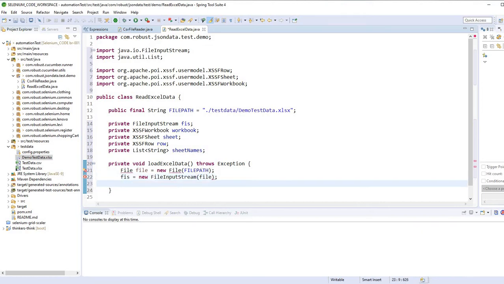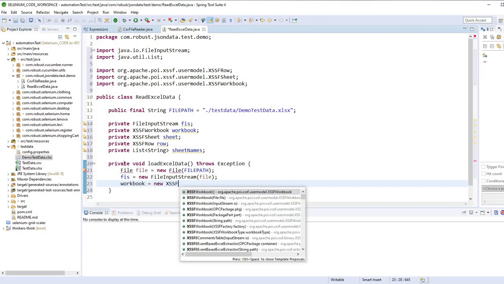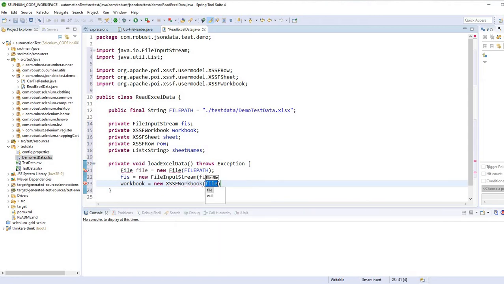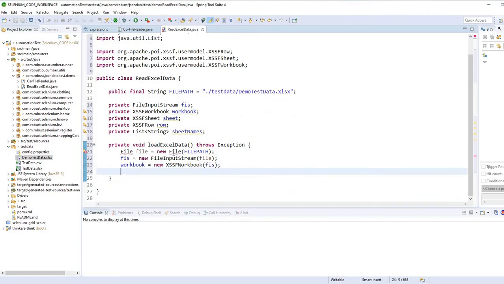File, next workbook, new workbook, file input stream,